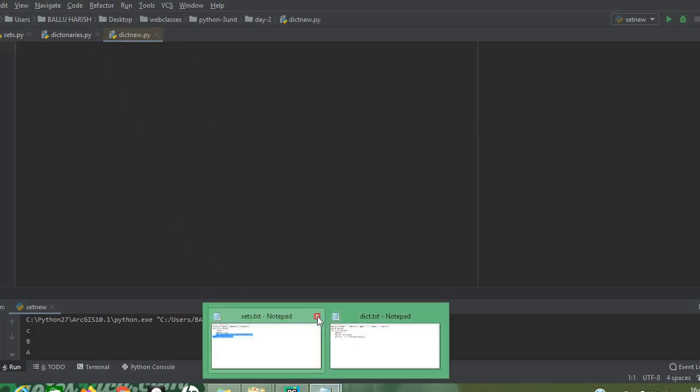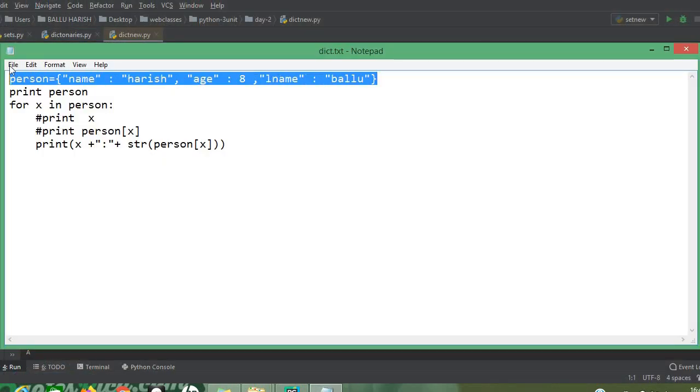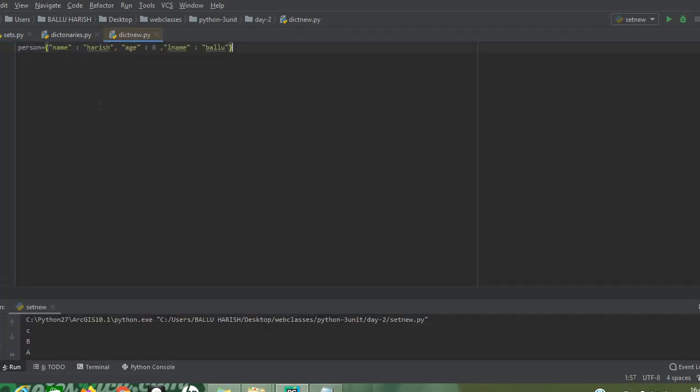Next we are going to discuss dictionaries. I have said that a set is a collection of only values, whereas a dictionary is a collection of both values and keys. In the previous example you have only values for a set, whereas in case of a dictionary you have keys and values. We can say a dictionary is a set of key value pairs. All the key value pairs need to be initialized within the curly brackets.